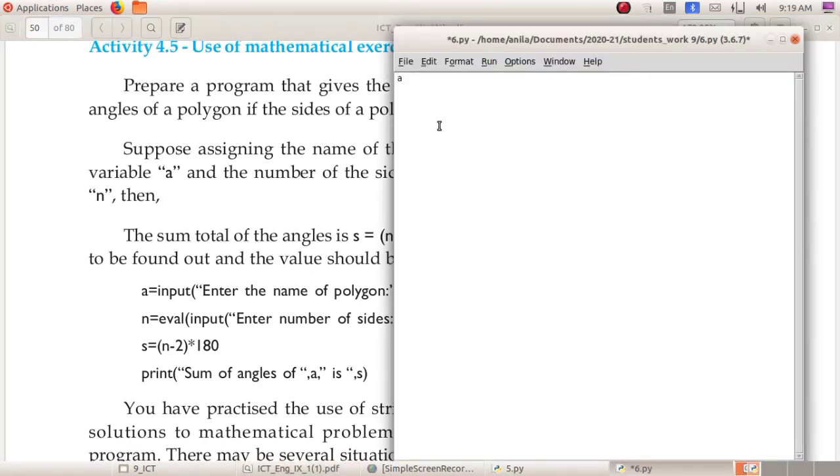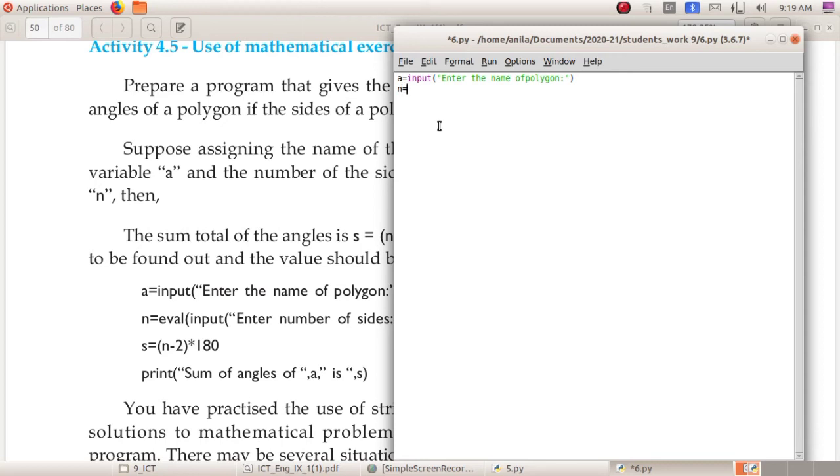Type the program. A equal to input of, then open the bracket, then put the quotation mark, enter the name of polygon, then put a colon and put a quotation mark and close the bracket. Next, N. N means you want to get the input, that is a digit.